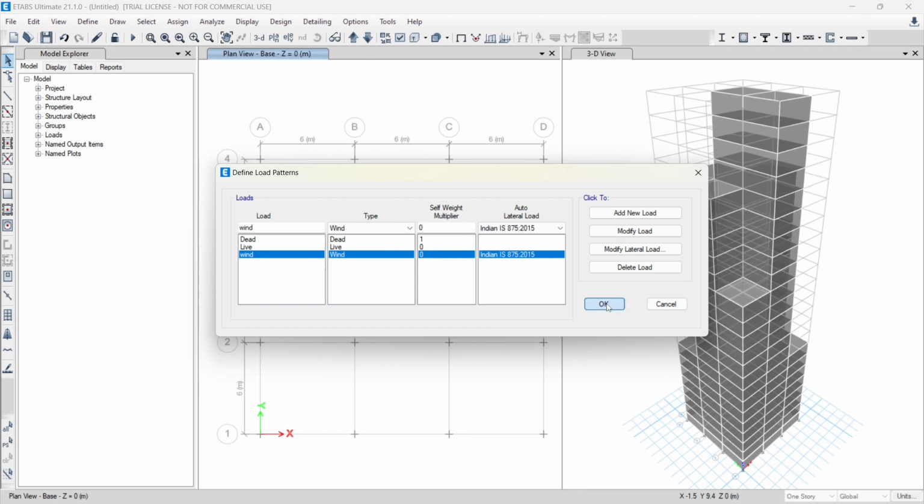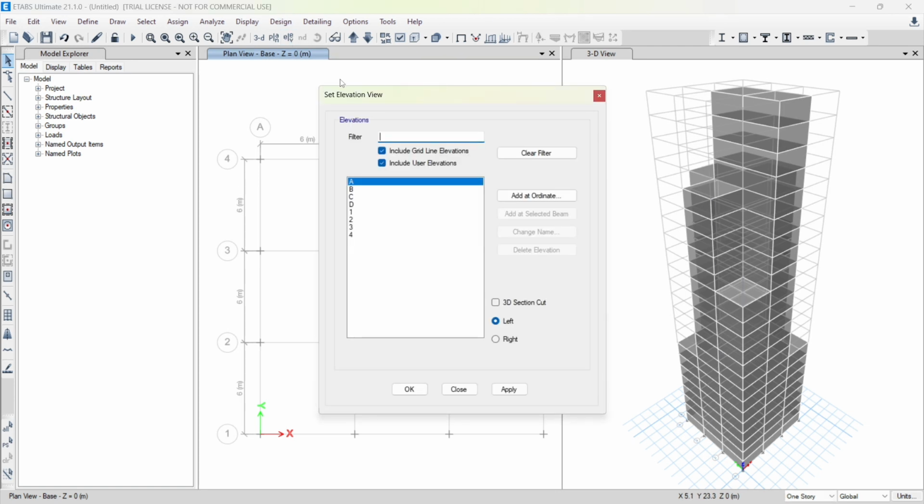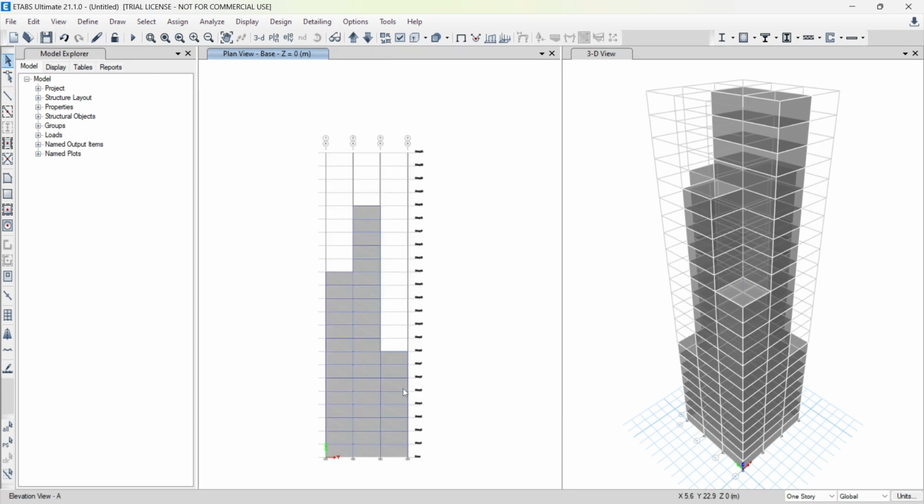Click on OK again. We will now assign the wind loads onto the building claddings with the plan view tab selected. Click on the elevation option. Select the elevation side A and click on OK. Select the all story option